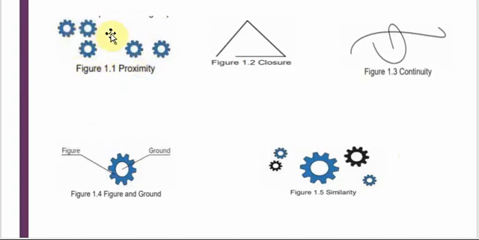What is the descriptive text you have added for this figure? Everyone went to have a break. No, ma'am. Okay, so what is the descriptive text you have added to this figure? Proximity. Yes, that is figure 1.1 proximity. That is some description you have given, right? So these things can be done. That is what we're telling in proximity.